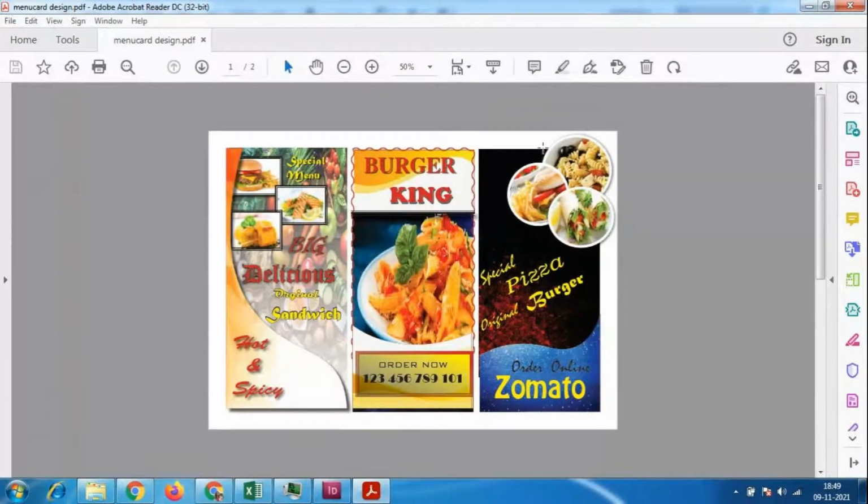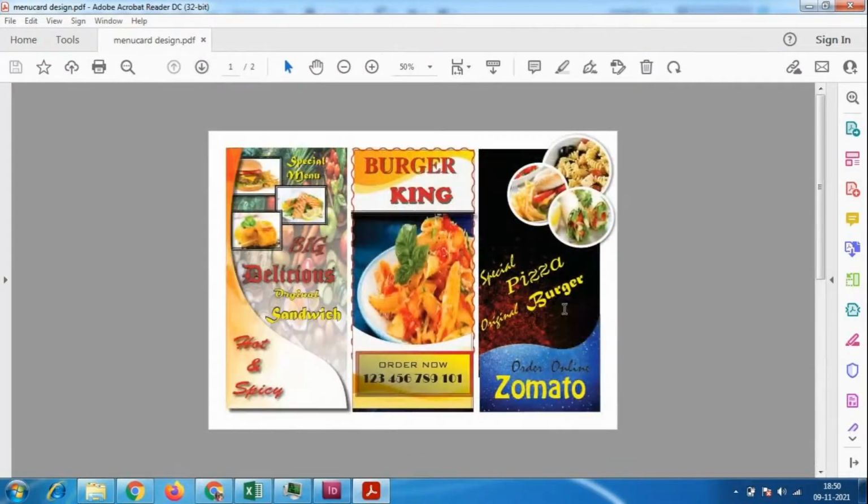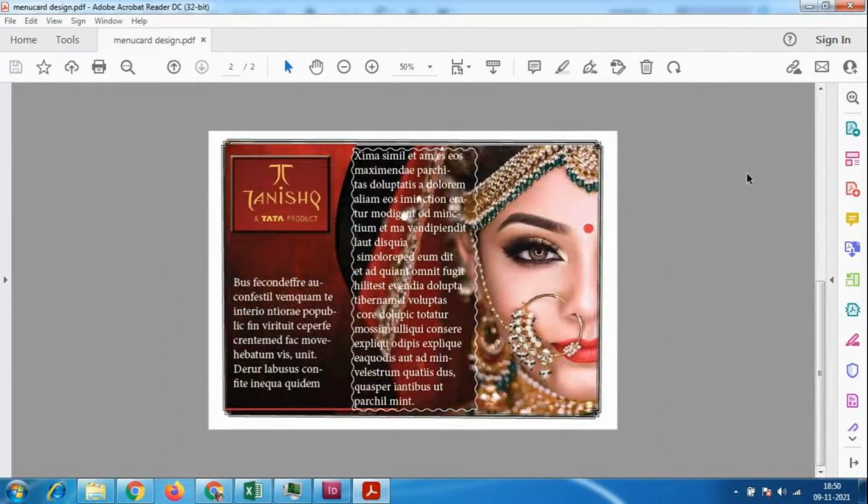We can cut it in Photoshop and bring it, or make a shape like this with the pen tool, or use the crop tool. Many changes we have to do, but in PDF format you will get good quality final output. Look at here. Okay, I'll close it.